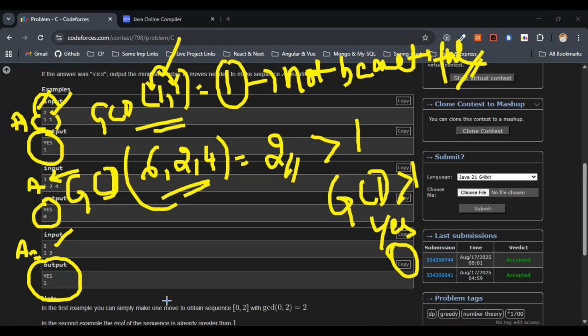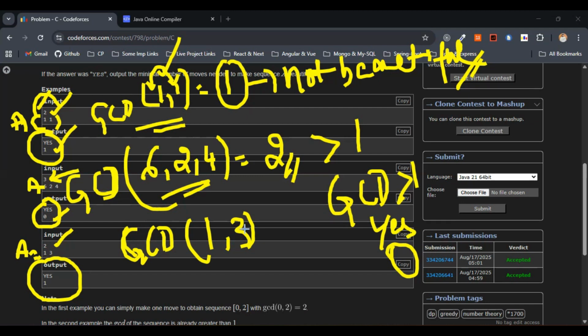We have 1 comma 3, both are odd. Here see 1 comma 3, so we have to go with GCD of 1 comma 3. Second one is crystal clear here. GCD of 6 to 4 is 2, which is greater than 1, so this is already beautiful. We have to return 0, so this is fine. Here now we know why we got 1 along with the yes. So here for the third one, we will be going with a GCD of 1 comma 3, right? So both are odd, and adjacent one,